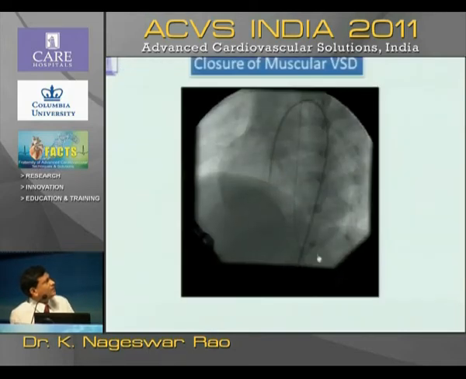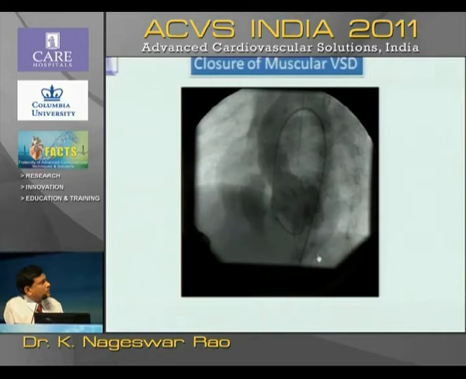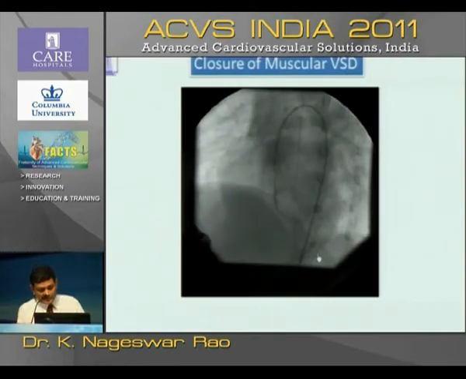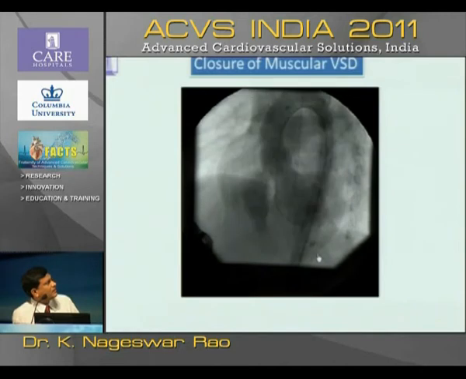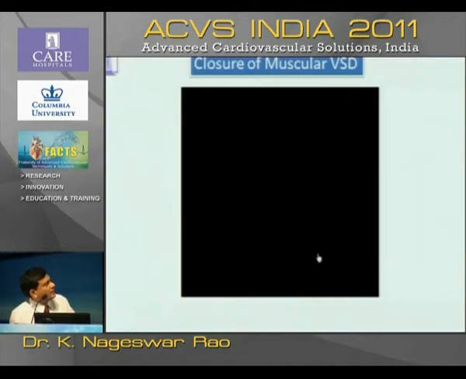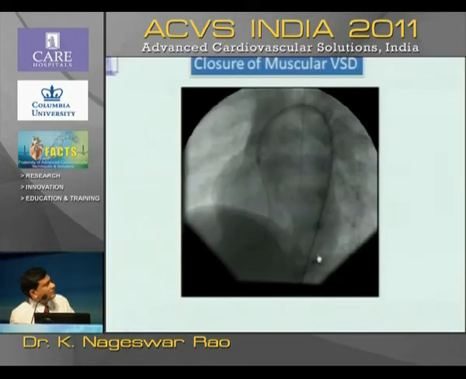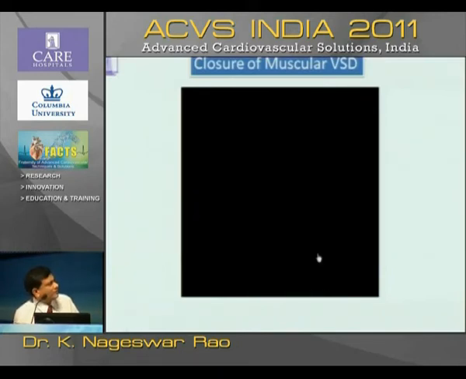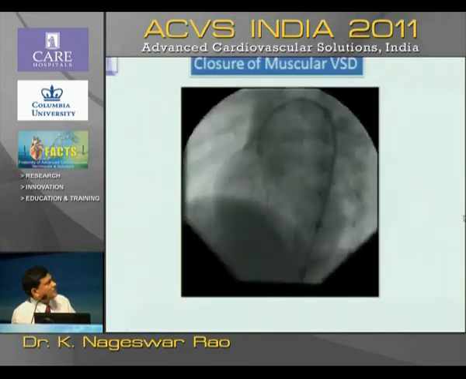This is a typical case of muscular ventricular septal defect. A pigtail catheter LV angiogram in a standard LVO injection showed a mid-muscular VSD. This baby has had recurrent respiratory infections and heart failure. You can see the guiding catheter in the ascending aorta at the sinotubular junction, and the angulated thermoglide wire facing towards the ventricular septum, then advancing into the right ventricle and the pulmonary artery. We then advance the delivery guiding catheter over the guide wire.